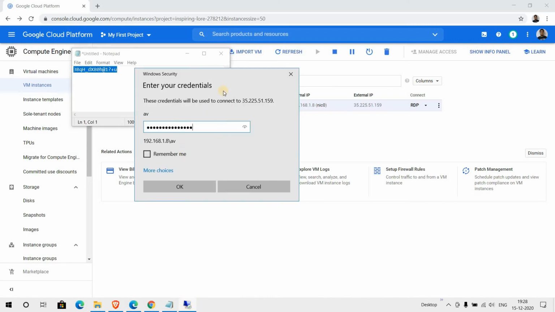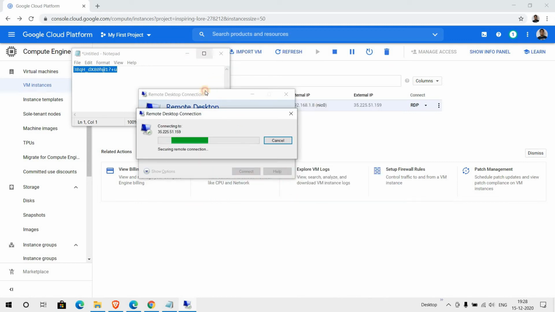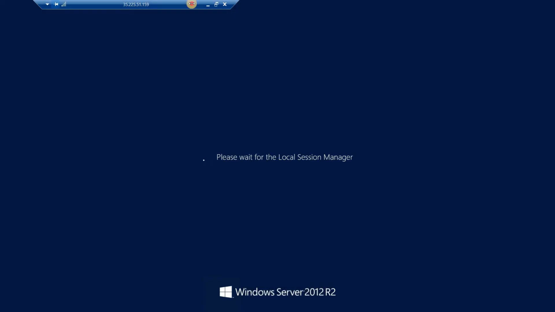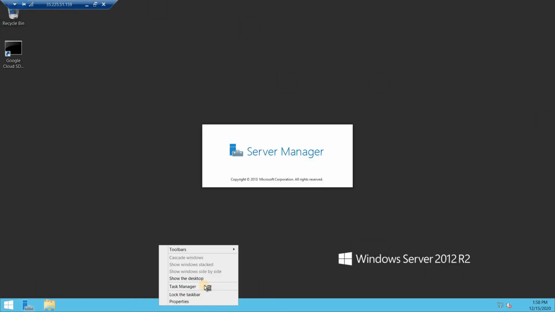Here you need to type the IP, and here you go. Now you will get the screen of your server. Configuring remote sessions, and then you will get connected and see a blue screen of your server. The local session manager is loading your profile, and here you can also verify that you have done some changes in your profile.